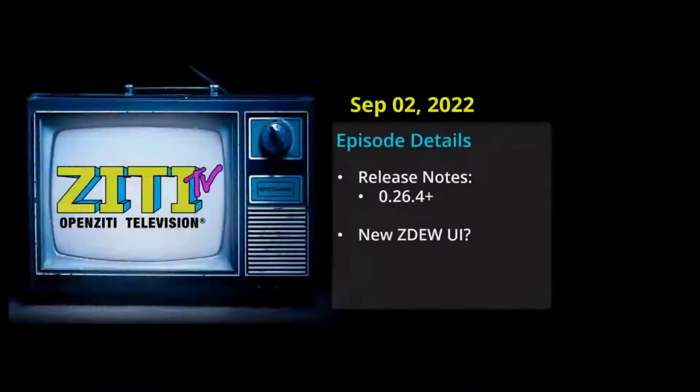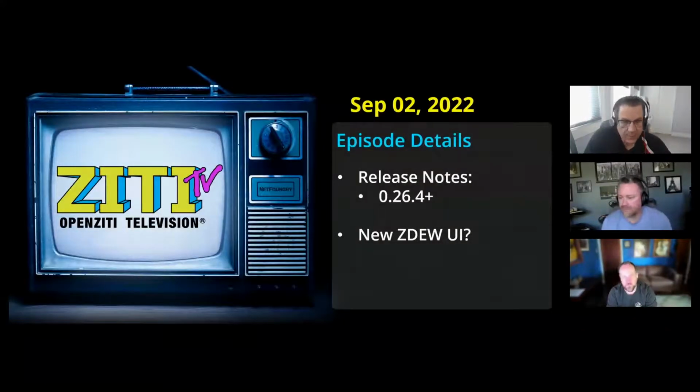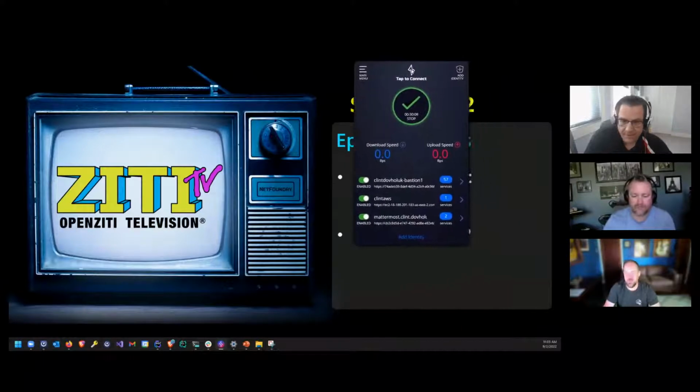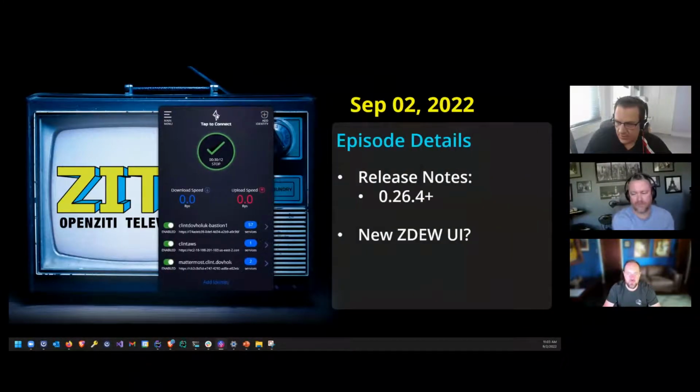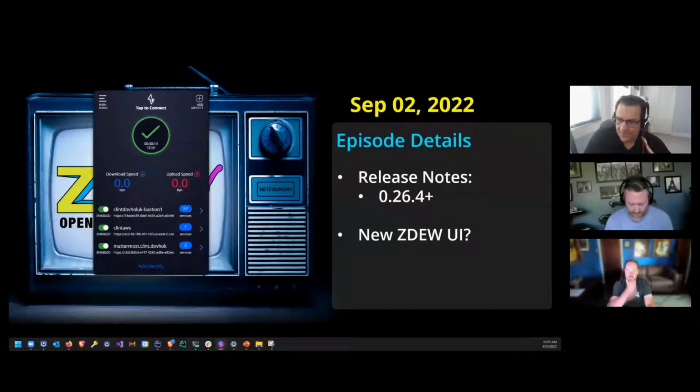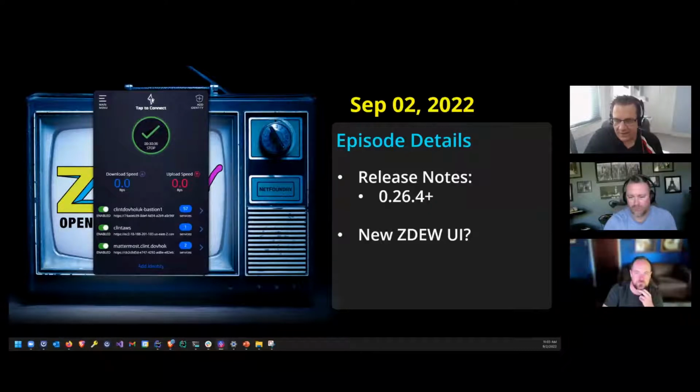So are you responsible for the original ZD Desktop Edge for Windows? If I were to share my screen real quick, I could probably pop mine up here. There it is. That was the brainchild of myself and Jeremy. We did a bunch of research into different apps that had similar functionality, and it was our first stab at it. But like any good software, it's constantly evolving. Yeah, and it's served us quite well. It's had a nice lifetime. It looks pretty nice, but we decided, I think, that it's probably time for a facelift, right?